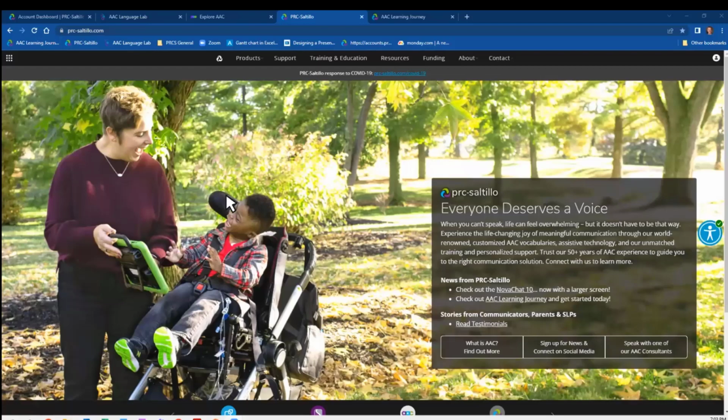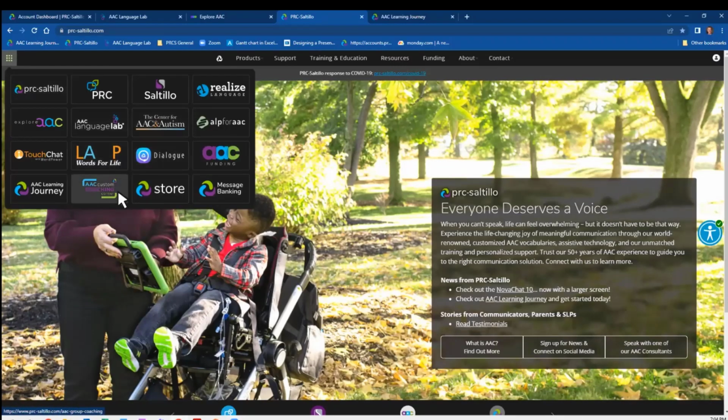prc-saltillo.com site. If you're not familiar with this, it's kind of our starting off point, if you will, of where we are on all our resources. Just to give you a general idea, if you don't remember all of these websites that we're talking about tonight, if you see this little waffle in the upper left-hand corner of the site and click on that, you'll see all of our sites, our sister websites that we're going to be talking about, such as the Realize Language one, the Explore AAC, the AAC Language Lab, some of the other, the coaching piece, the AAC Learning Journey and things like that. So all of these will be up here in this little waffle in the upper left-hand corner. So that gives you a little shortcut, if you will, to get to any of our sites that